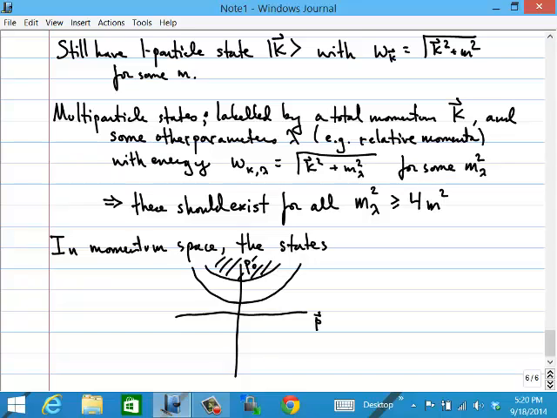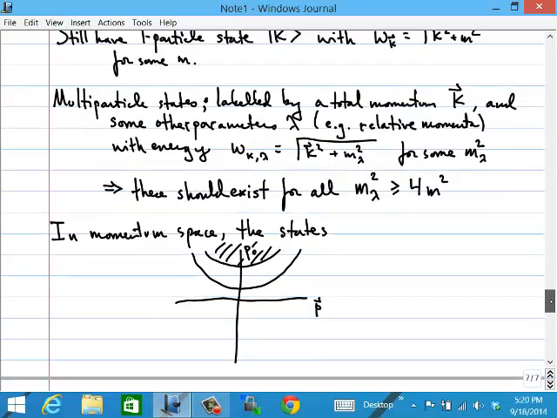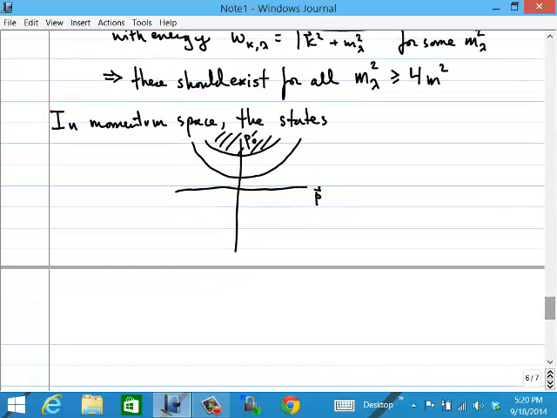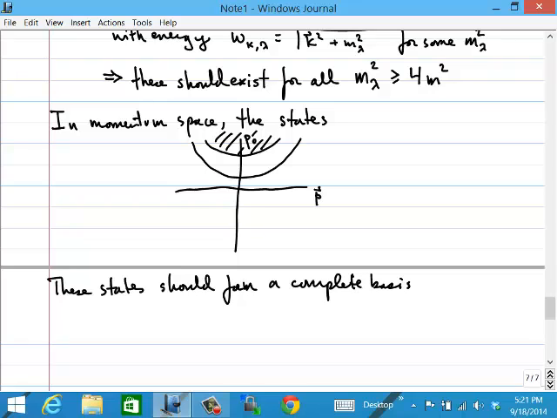And then there may even be other bound states, for example, that would give you other lines in this p0-px plane. The assumption that we want to make is that these states should form a complete basis of states, so that, for example, the identity operator should be equal to the projection operator onto the vacuum